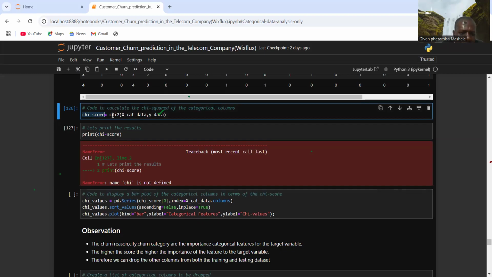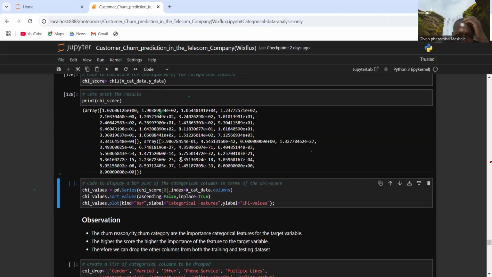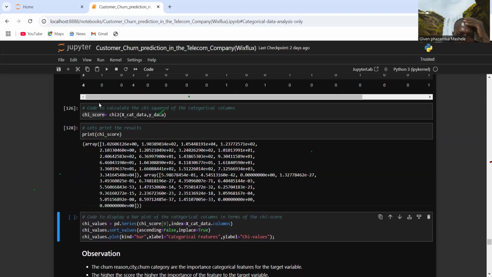What is the reason here? Oh, okay, I did not make it an underscore. It should be an underscore. Apologies. Right, you see, this is showing the chi-squared